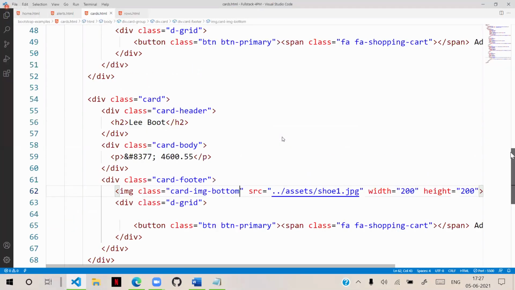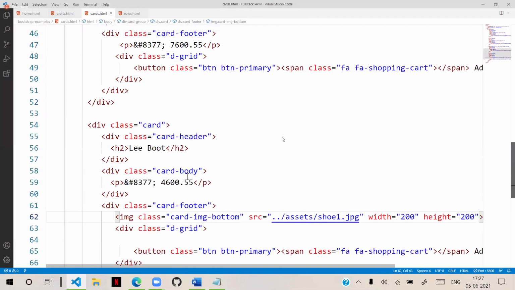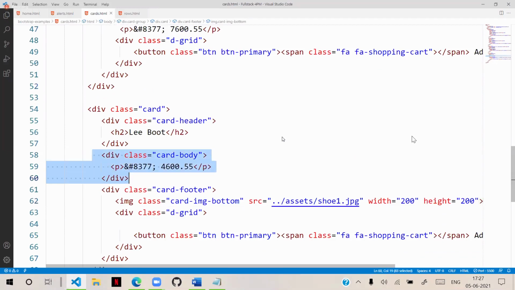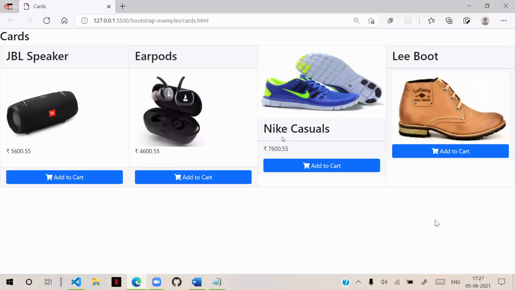Generally in a card, three sections will be there. Whichever section you want, you can ignore or display. If I don't want card body, then without the body, card header and footer will be there. It depends on your requirement, how you want to display. These are all different types of card options we need to configure and define, so that makes the appearance better for your content.